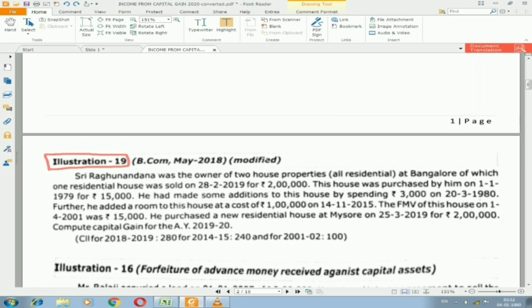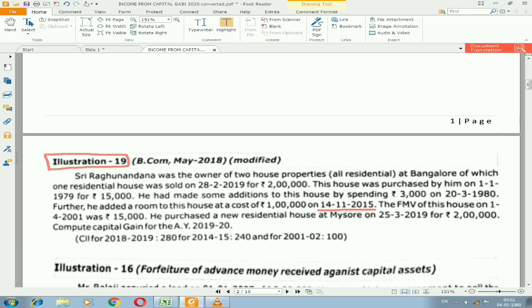Further, he added a room to this house at a cost of rupees 1 lakh on 14/11/2015. So please students, make one change in the question. Instead of taking 14/11/2015, consider this day as 14/11/2014. So I am doing this illustration with the date of 14/11/2014. Make a change. On 14/11/2014 also he had made one more improvement or addition in the amount of